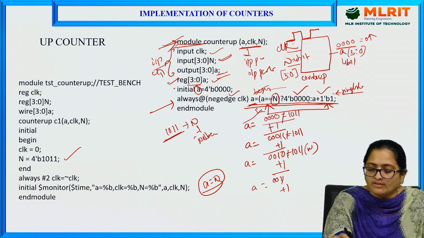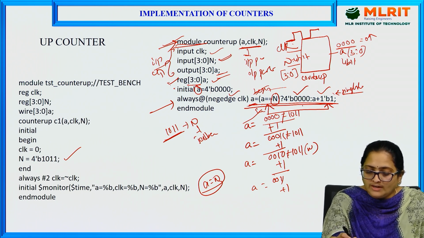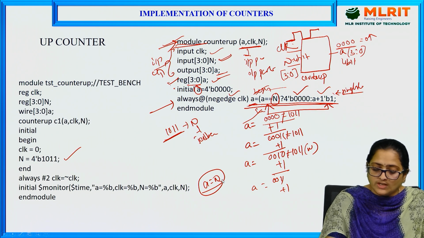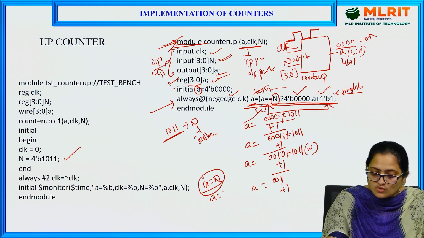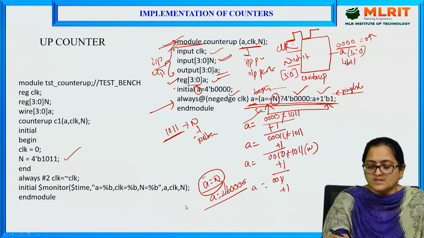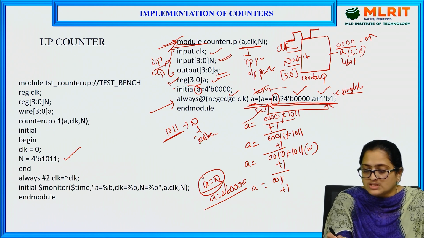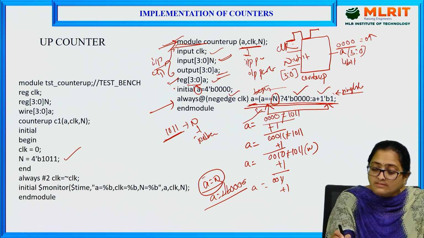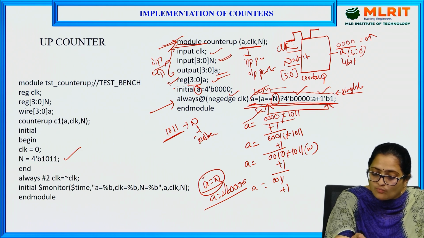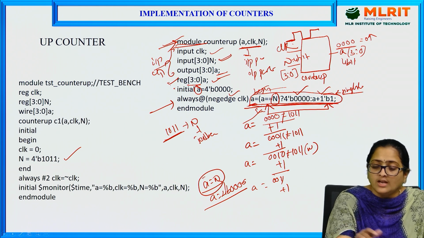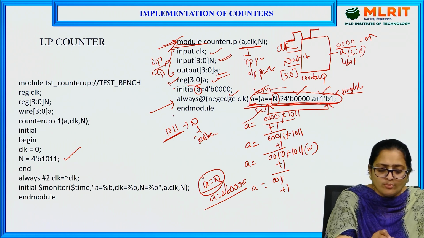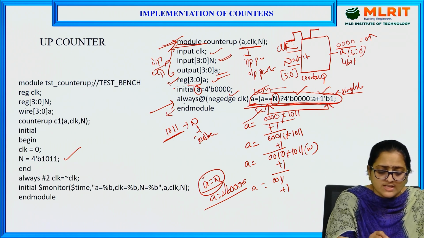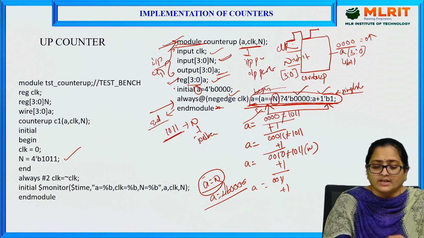That is a 4-bit binary value of 0. So when A reaches the N value, that is, when A equals the N value, A will be stored with the 4-bit binary value of 0. So this is how the counter works with a single ternary operator, and this statement will be executed only when the clock has a negative edge. And endmodule is a keyword which specifies that the program has ended with this statement.